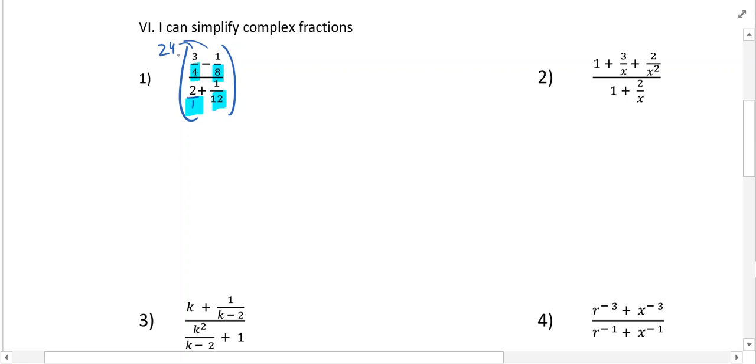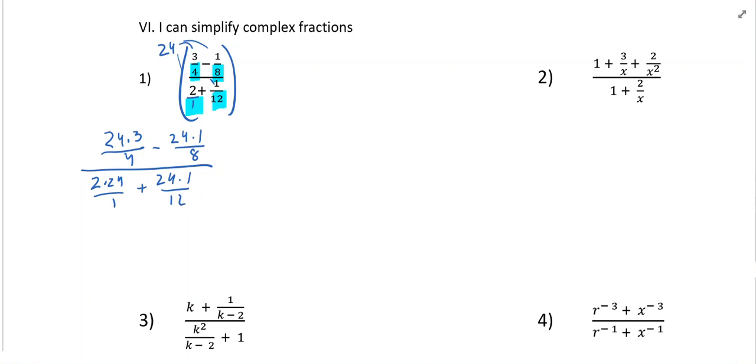So I'll write it out the long way, and you're distributing to all the numerators. So it'll look like this. You're saying 24 times 3 over 4 minus 24 times 1 over 8 divided by 2 times 24 over 1 plus 24 times 1 over 12. And then you're simplifying. But like I said, eventually you're going to do some of the simplification in your head,